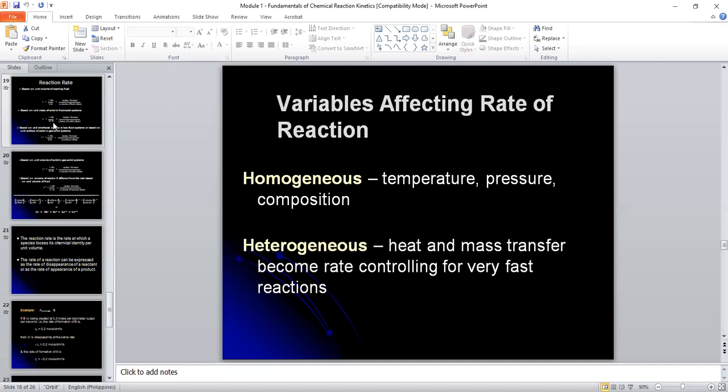So the rate expression number one takes into account the phases that are present in your reaction. Do you have solids? Do you have a liquid? Do you have a gas phase reaction? So by that particular thing, you will know already what type of rate expression is suitable or appropriate for the